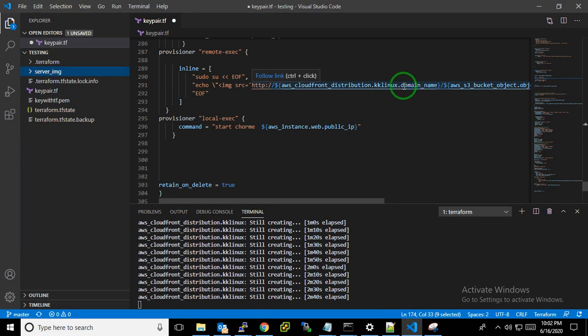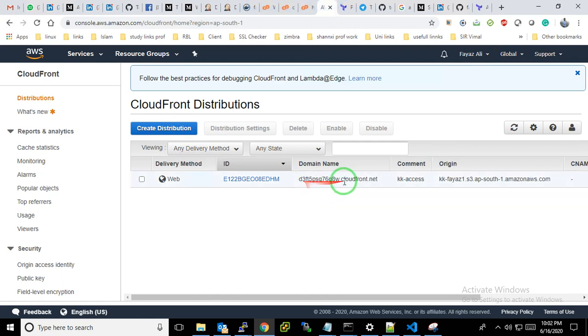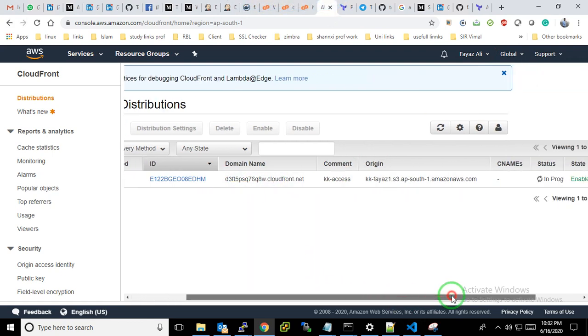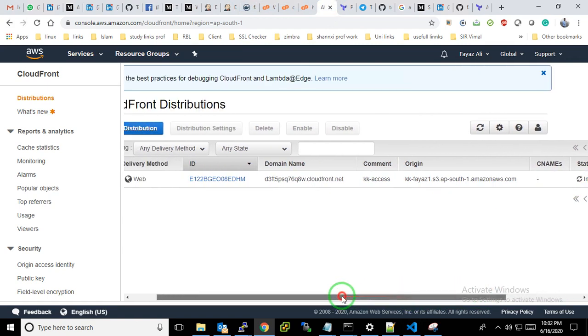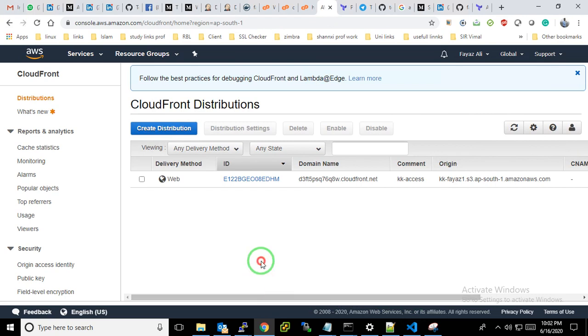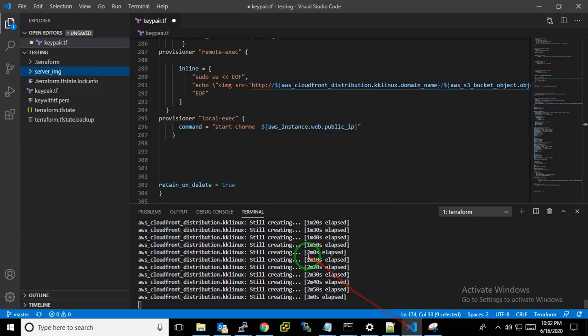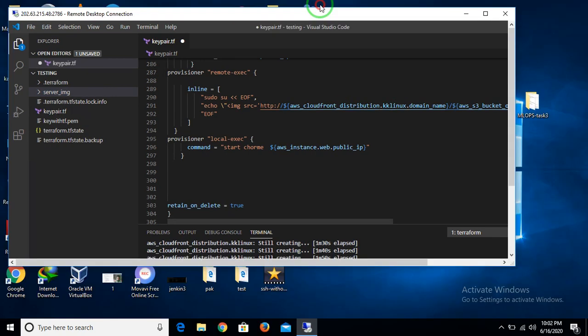The CloudFront is still in progress, so let's wait until it's activated. I hope it will be created soon.